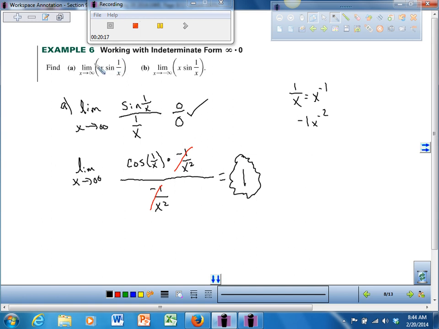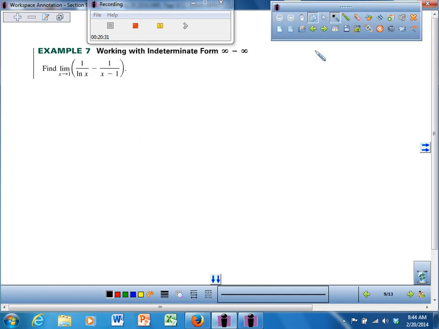So, that's a very good example of having to change the look of it to be able to apply L'Hopital. It happens when we get infinity times 0 or 0 times infinity. All right? Let's continue. Number 7 is a great problem, but it is very long and it is very algebraic. I suggest you take a look at it in your book. Okay? If I have time, I'll come back to it, but I want to move on to the next example,